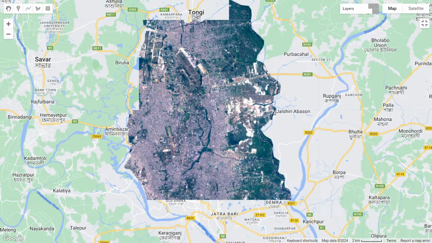For the next class we will discuss how we can remove the cloud. So basically cloud hampers land use land cover mapping. So that's why it's very important, before making the land use land cover mapping for the rainy season, you must remove all of the cloud, otherwise you don't get a better result. So it's very important to remove the cloud when you want to work on land use land cover classification maps. So here you can see we get this type of cloudy pixel. So next class I will show you how we can remove this type of cloud and get very neat and clean imagery. So now both of these imagery